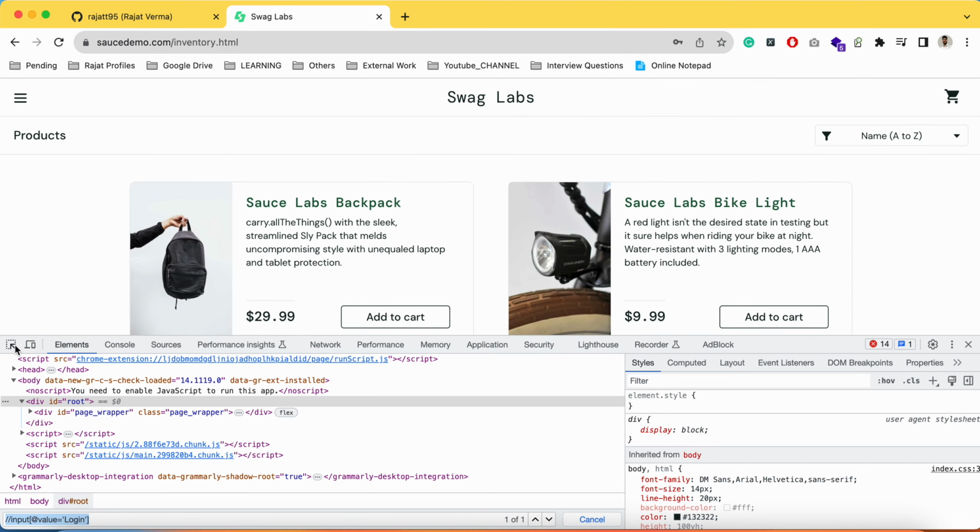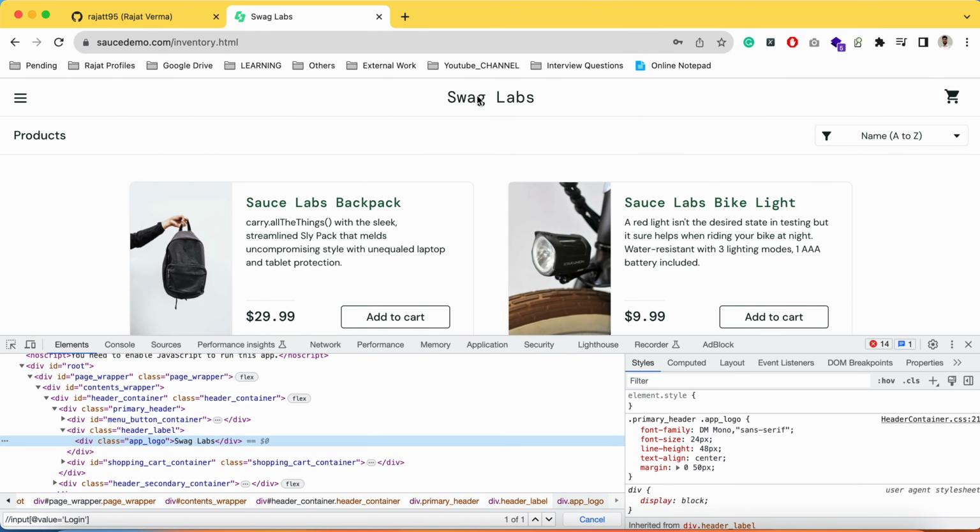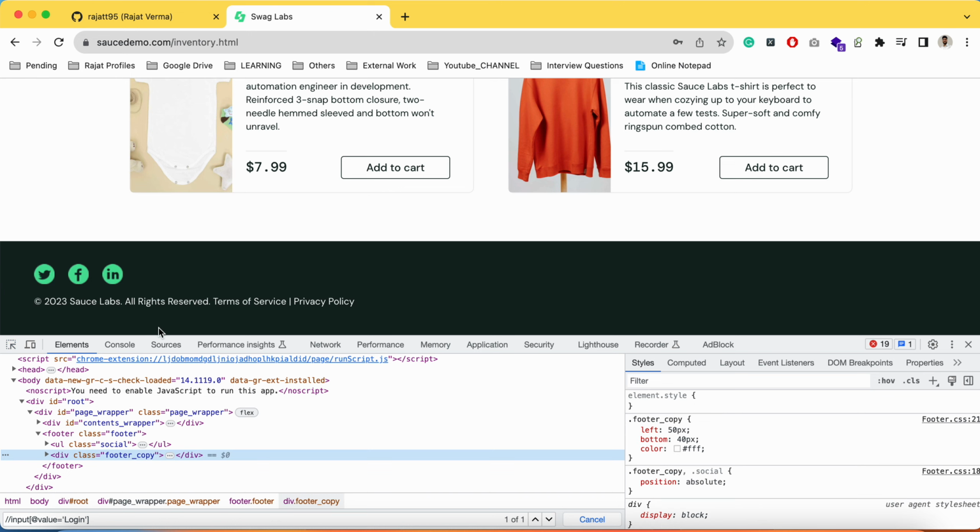Maybe what we can do, we can take this Flag Labs, and we can just validate that this particular message or logo has been coming or not, because on the login page, if you see, this is there as well. Now we should take something else. Maybe in the footer we have one message. We can take this and make sure that this message is coming in the proper way or not. So let me just create a similar class,